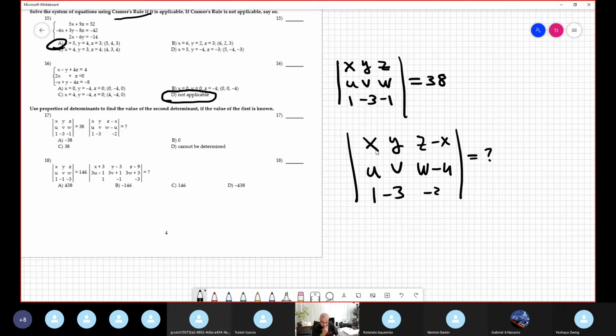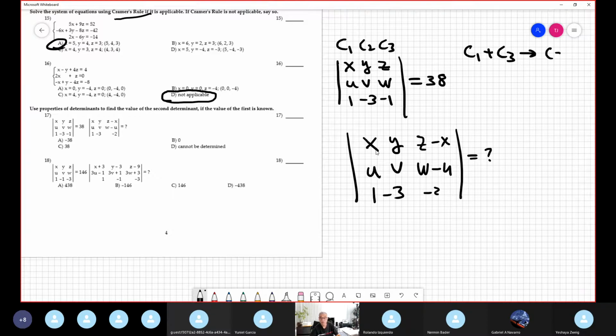So I know the property says that when you are doing column operations or row operations, the value of the determinant doesn't change. It stays the same. Unbelievable, but it's true. So, what is the operation? Well, the operation I use in my imagination: this is column 1, this is column 2, this is column 3. Suppose that I am doing column 1 plus column 3 and storing it in the column